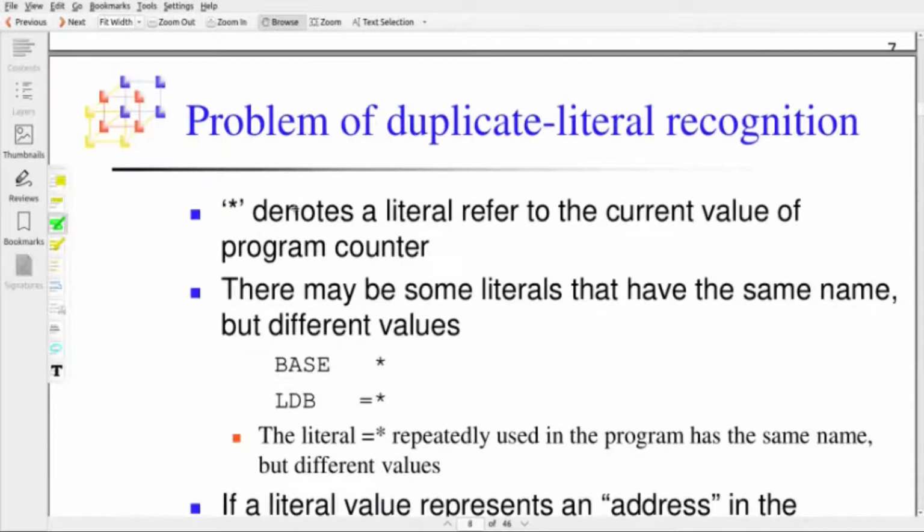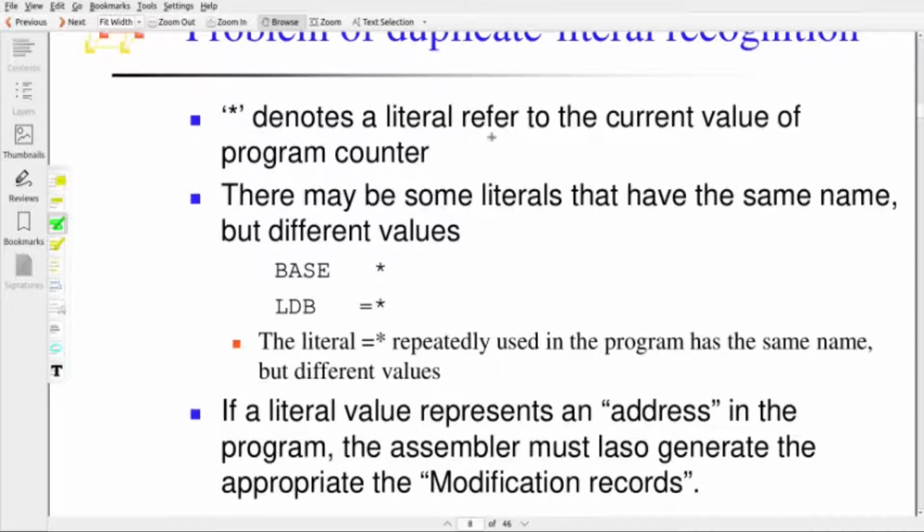Now the problem of duplicate literal recognition. The star denotes a literal that refers to the current value of the program counter. Sometimes we use =* in a program. Equal to star indicates it is a literal, and its meaning is that the star indicates the current value of the program counter.